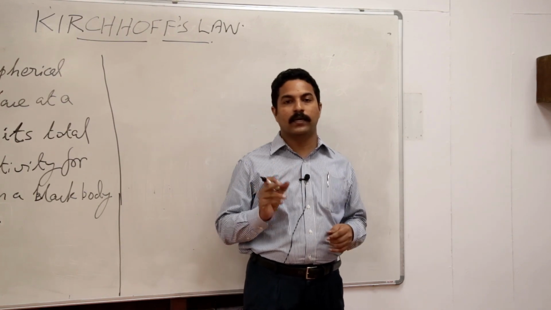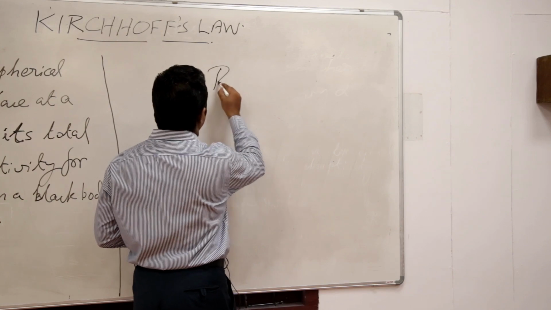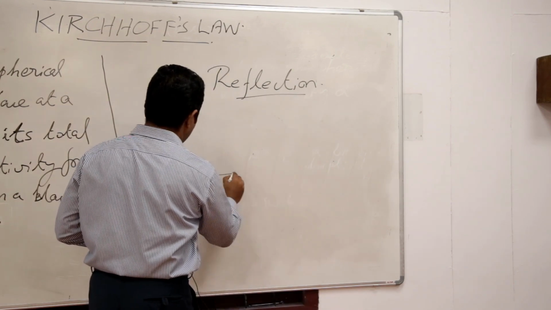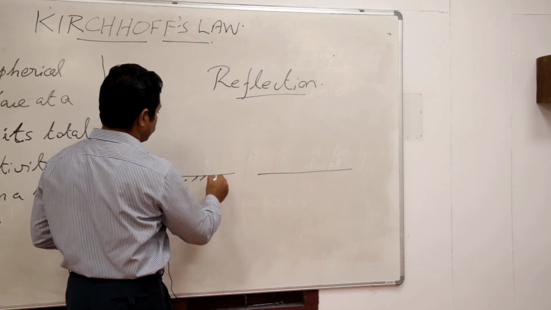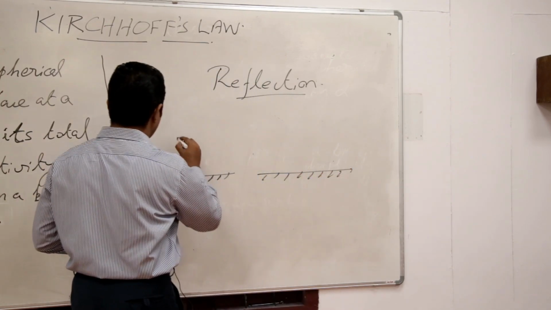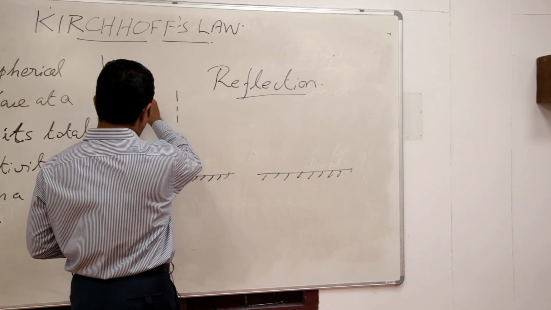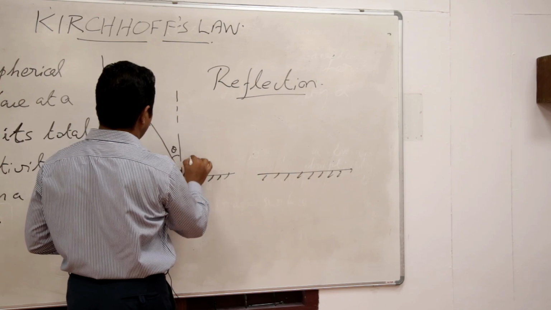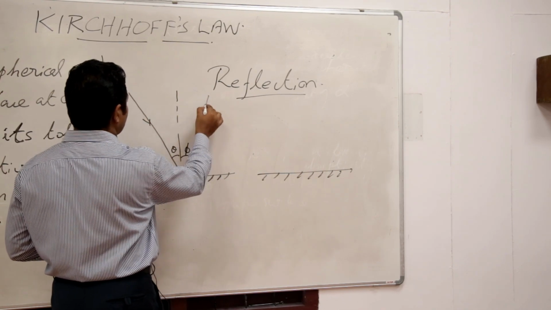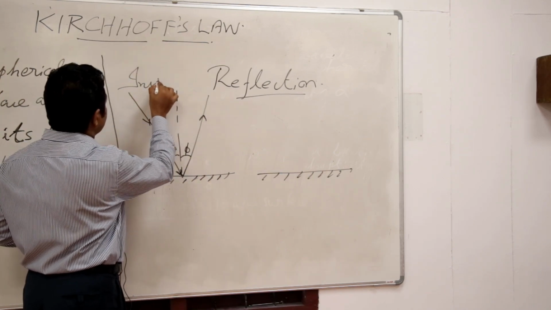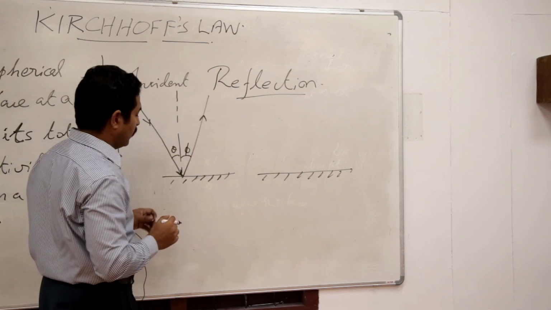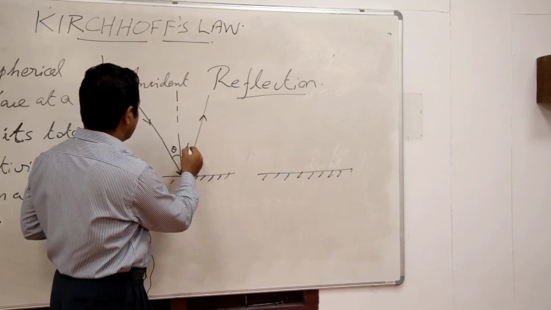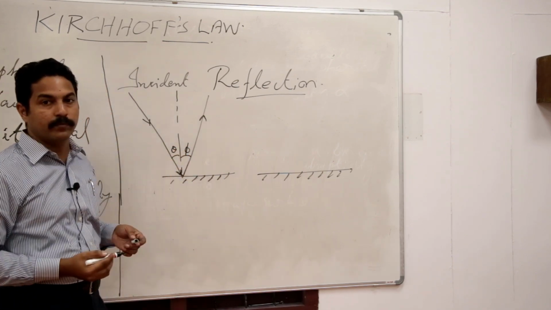The one more thing remaining is regarding reflections. Reflections are of two types. I am drawing two surfaces. This is an incident ray. It is making an angle here, then another angle. This is a reflected ray. This ray is the incident ray, and this is reflected. If the angle of the incident ray with the normal and the reflected ray with the normal are almost the same, if theta and phi are the same, then this is known as